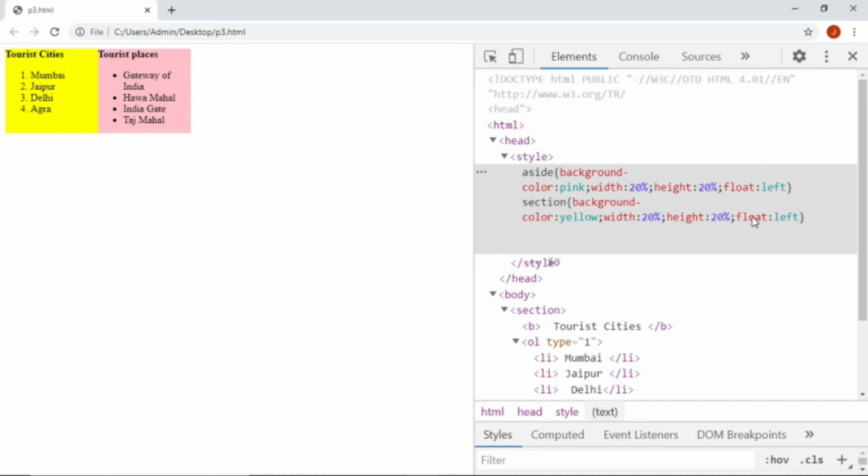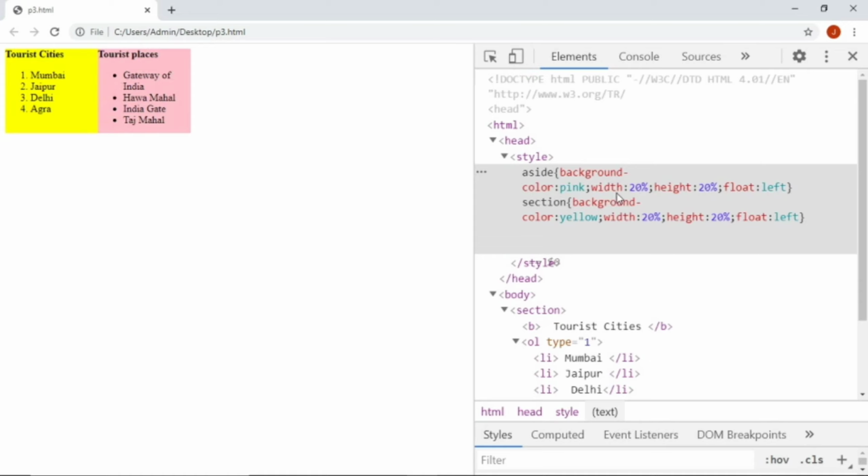The reason for both elements having the float value of left is that once you have floated this section to the left, if you float the other towards the right, then it will move to the extreme right position rather than just after this. So in order to have this just beside this, we are forcing it to its left.